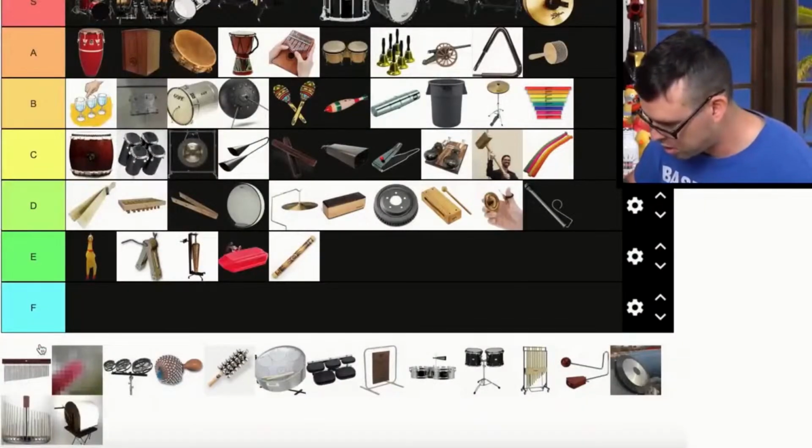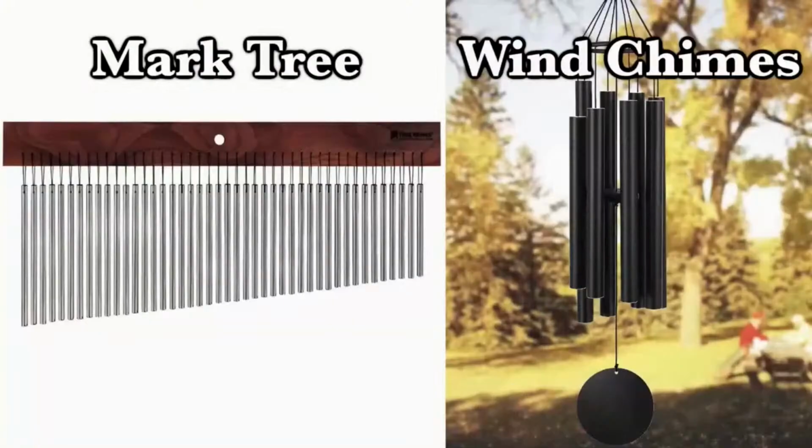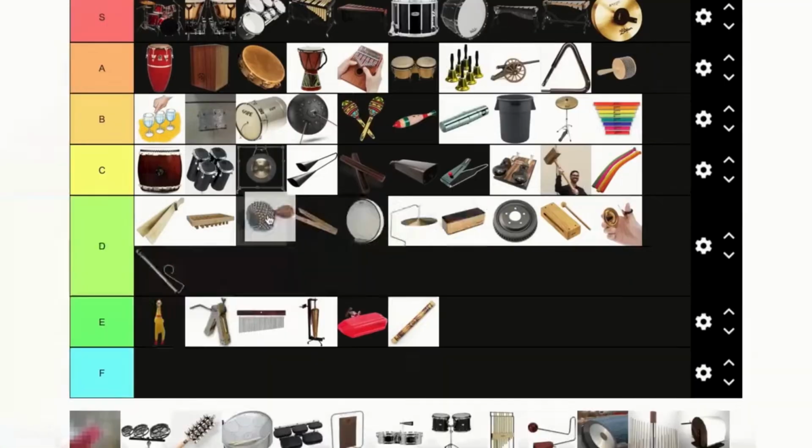The mark tree, usually referred to by the incorrect name. These are not wind chimes. These are what wind chimes are. This is a mark tree. Now, is the mark tree harder than the bell tree? That's the real question here. Shekere is gonna go